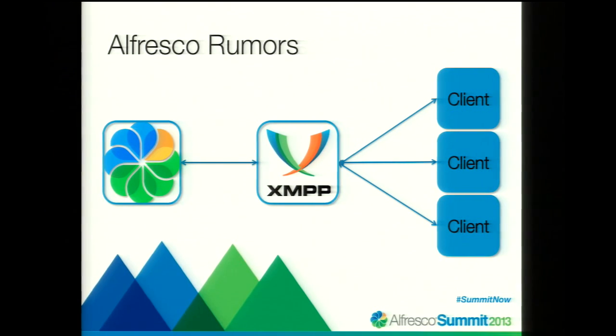So going back to look at this, we have our communication. We have streaming communication from the Alfresco server through the XMPP server to the clients, and then back from the clients through the XMPP server to Alfresco. Now the XMPP server could be extended. We could add listeners into the XMPP server so that we could capture all content from all of our chats going through the XMPP server, and we could add a plugin, which is what they call them on the OpenFire server,